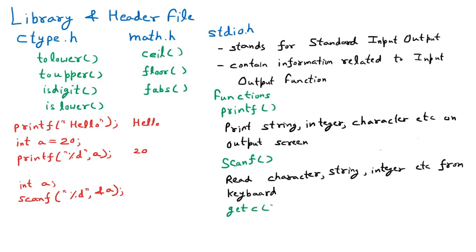The getc function, well, if we say it is the get character, first of all we must know one thing, that it is the file function. So getc is the file function, means it is going to be used inside the file. So if I talk about the definition, it is going to read character from file. Means let us suppose that you are having a file and inside that file you want to read a character. You want to read that file. So we are going to use a function that is getc.